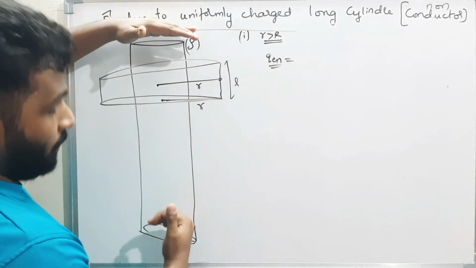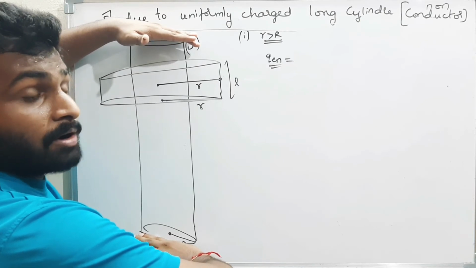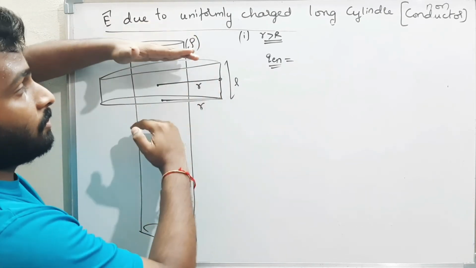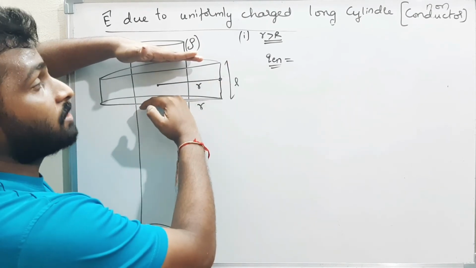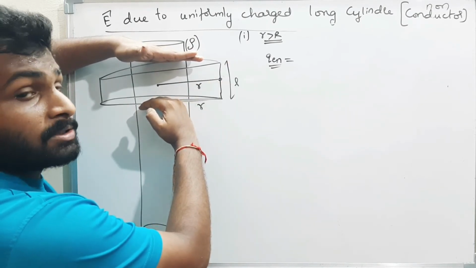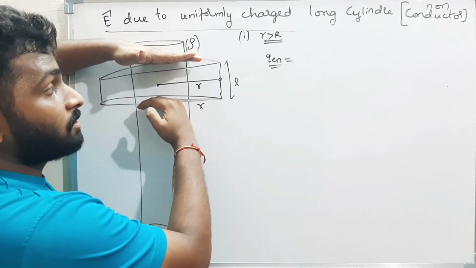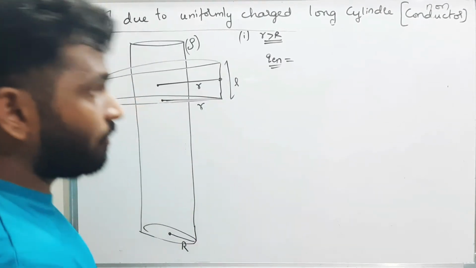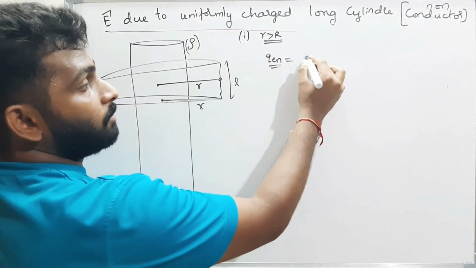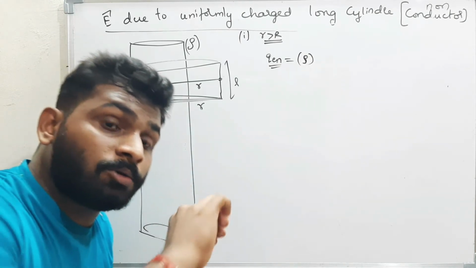See here. Out of this much of cylinder, what is the charge? What is the cylinder present in this Gaussian surface? Only this much of cylinder is present. A cylinder of length L is only present inside this Gaussian surface. Now what is the charge present in that cylinder? If I want to find the charge, what do I have to do? I have to multiply by rho, that is the volume charge density, and the charge is spread throughout the volume.